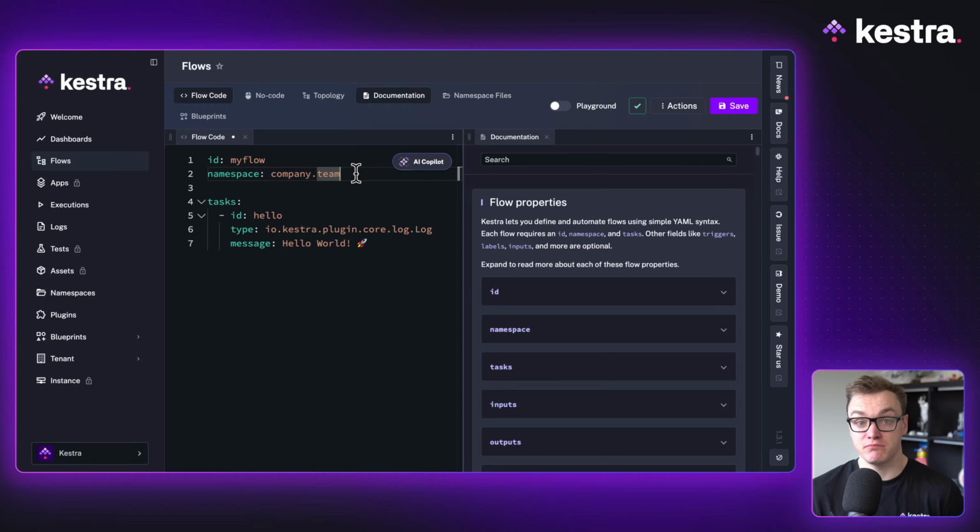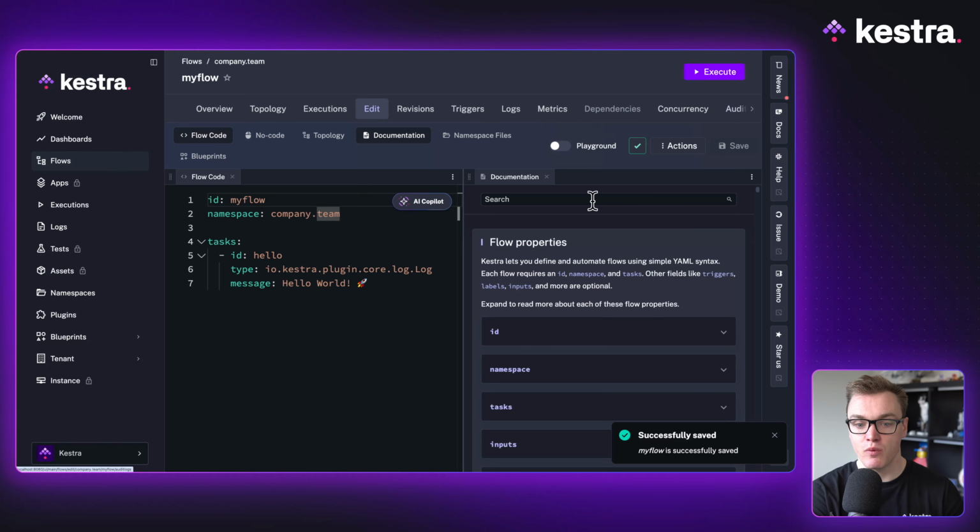And the namespace is basically a way of organizing your flows. So you can have a bunch of different namespaces with different flows in each of them. I'm going to use company.team, but in practice, you would rename this to the company you're working for and the team, such as Kestra.product or Kestra.devops. Now, if I press save, what we'll get here is our log task,